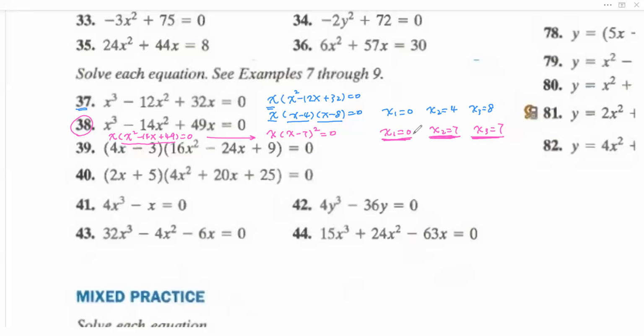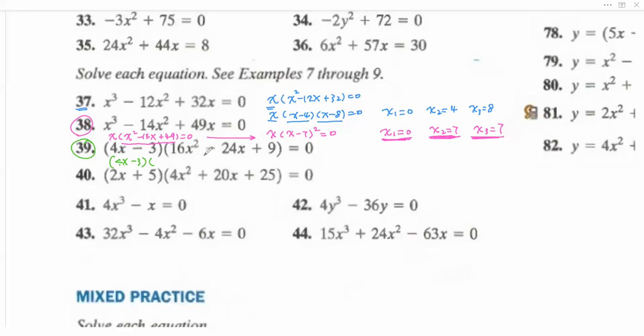All right, okay, let's see 39. So this part they already factored. We just need to copy down. We don't necessarily do anything, right? For the last part,